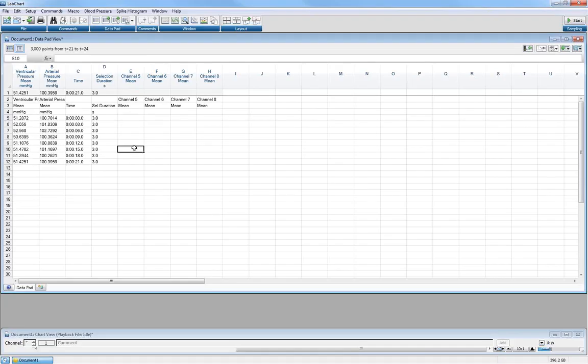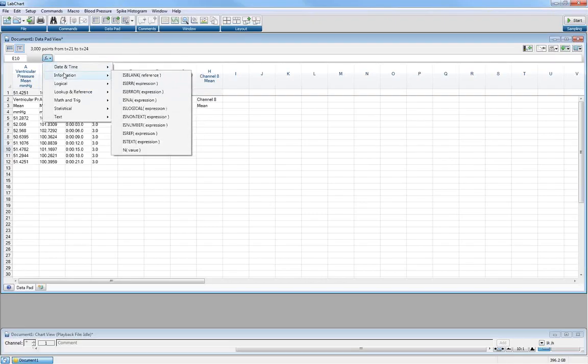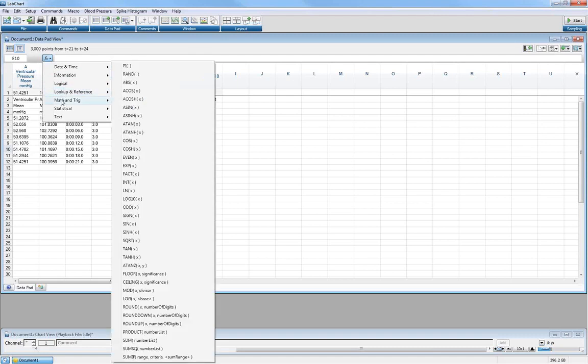For example, if I wanted to perform a calculation on the data, I just select a cell that I want to perform the calculation in. I can go up the top here and select the different functions. These are the different functions which are available. Or of course we could just type the function in manually as well. So if I just do a very simple sum,